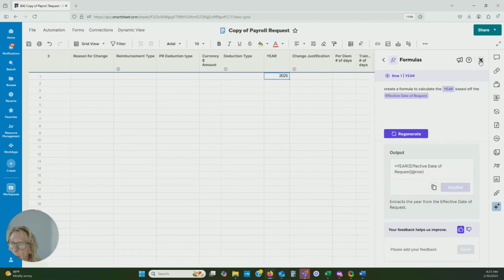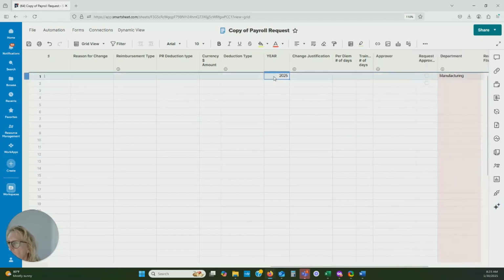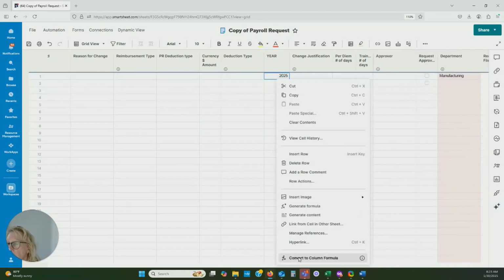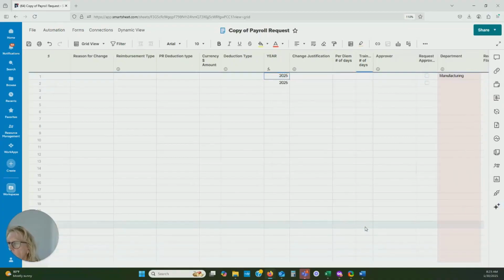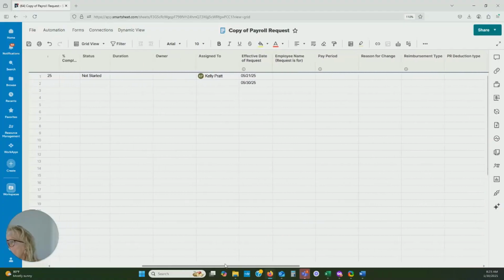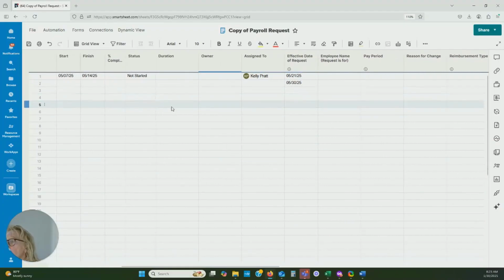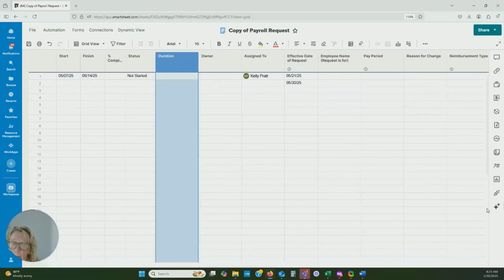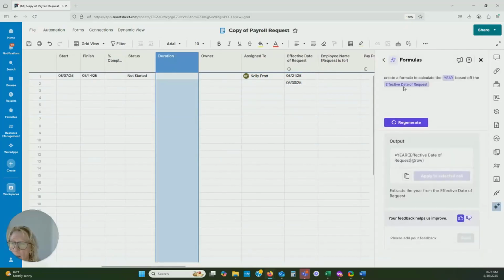That's that one. I'm going to close this for a second. Y'all know, we can come down here, we can say convert to a formula for the whole column. So let's go over and do another one. A duration column. I'm going to click on my column. I'm going to come over to the stars. I'm going to write a new create formula. So create